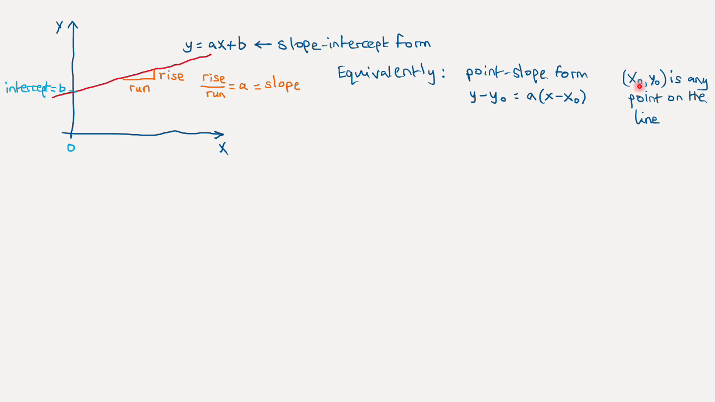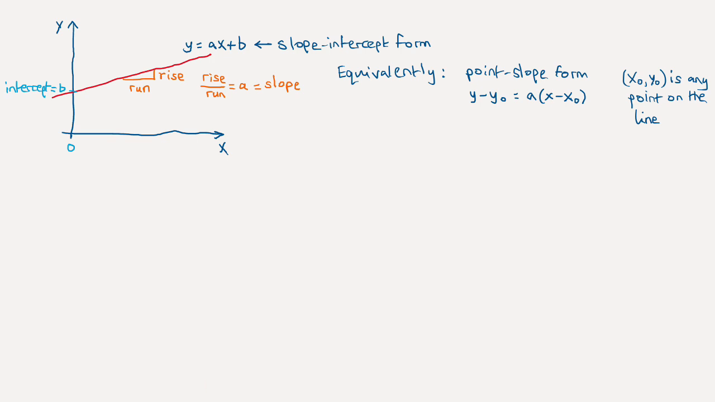So these are just two numbers, and then the point-slope form has y minus y0 on one side of the equation. So y is the variable and y0 is a number, and that's equal to, on the right side of the equation, the slope a times the difference between x and x0. So x is the variable, x0 is just a number. And we can see that this is equivalent